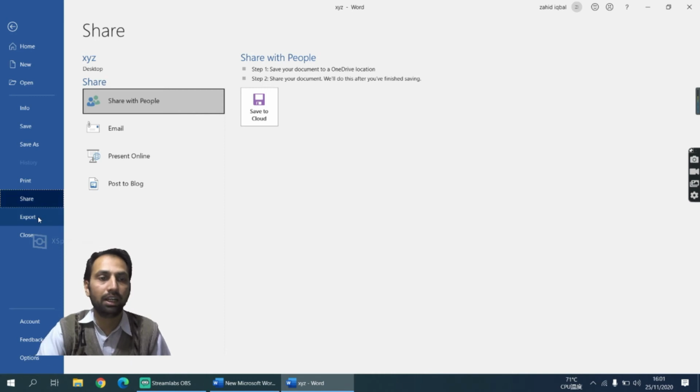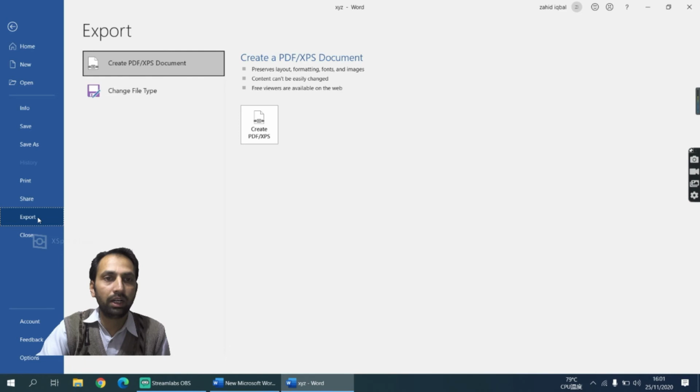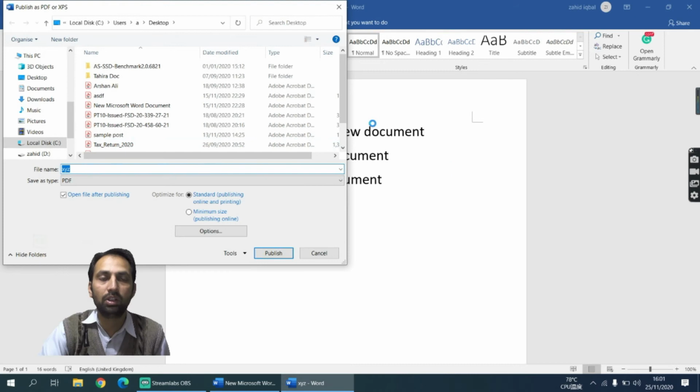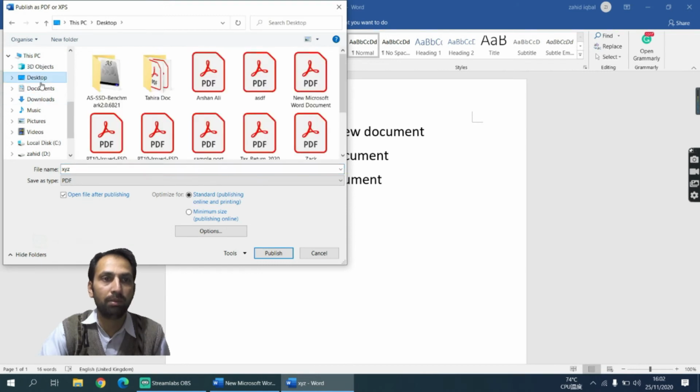So next is the Export command. The Export command is used to convert a document. I mean, we can create a PDF file. Just click on Create PDF, and this document can be converted into PDF. Here you need to define the path where you want to save your document. Let's say I'm going to save this document on my desktop. Choose the Desktop option and